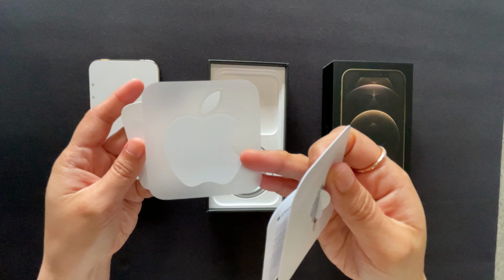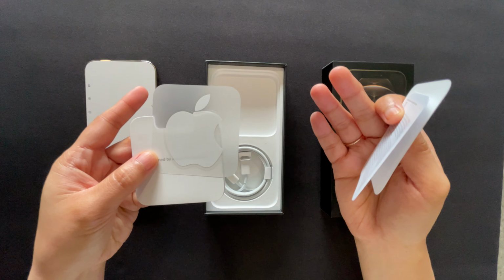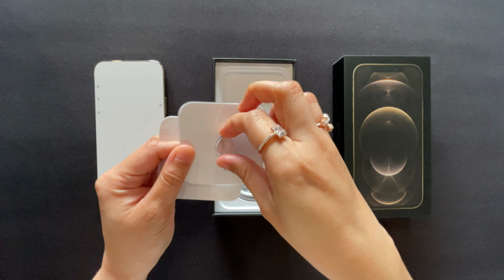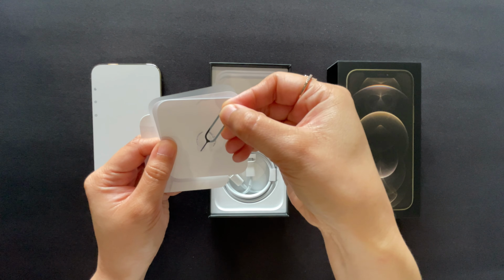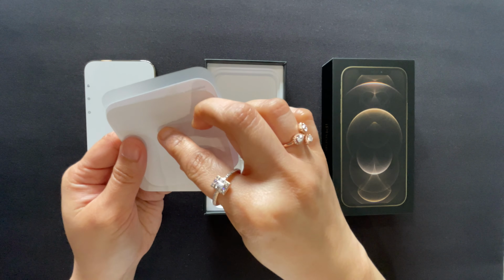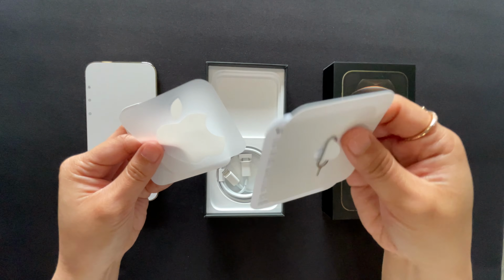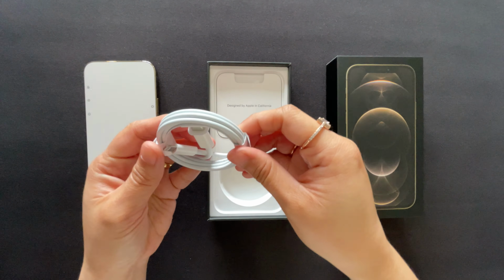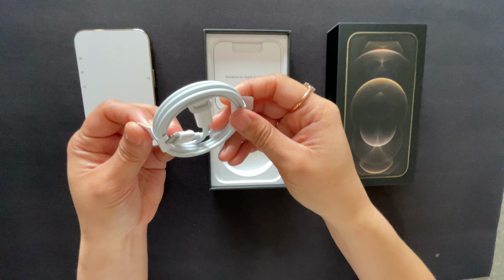it's the usual sticker and for your SIM card, the pin, and the charging cable. So I'm not worried about the charger because John had already purchased the adapter and the